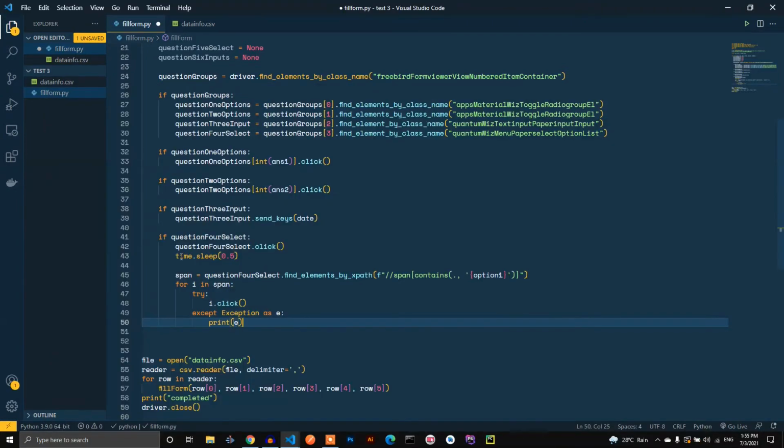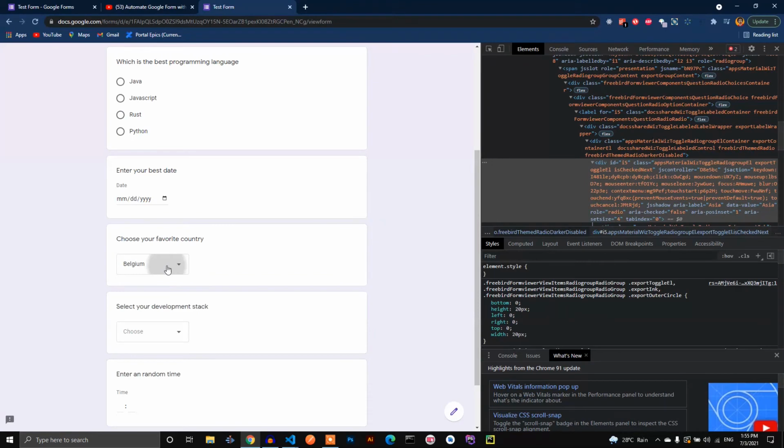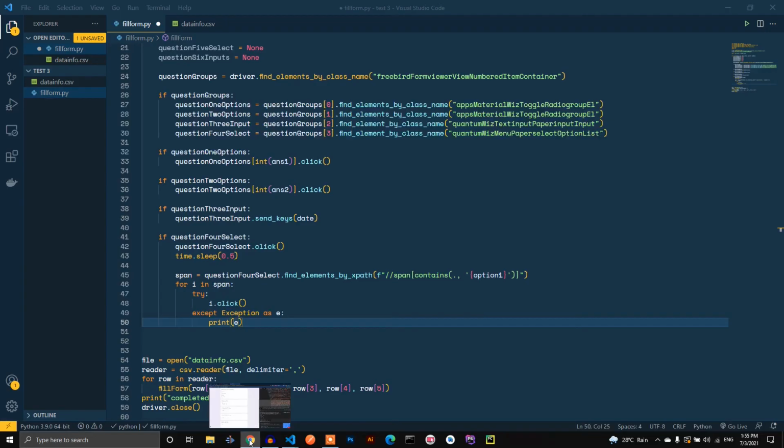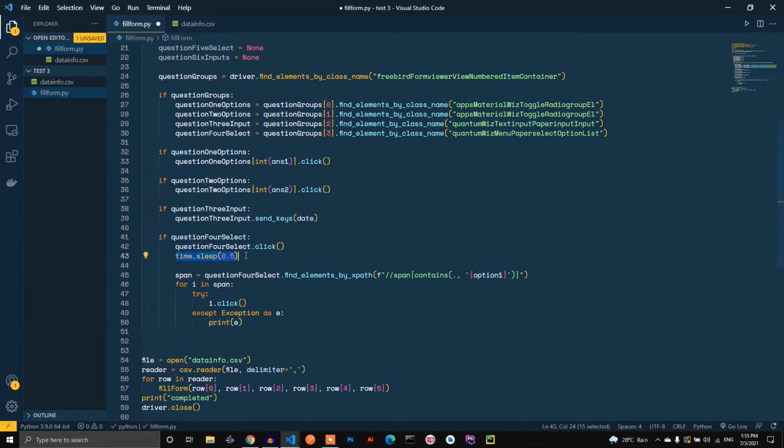Then once we are done with that, we want to wait for a little time, because as you can see, this doesn't come up immediately. There is a delay in its effect. So we have to wait for a little time for it to come up. That's why we are waiting for 0.5 seconds. Then once we are done with that,